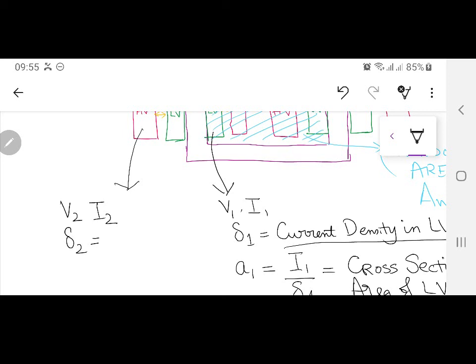We do not want more heat-up inside one winding and less heat-up in the other winding. But the reason is, since the low voltage winding is inside, it can have a little bit lower current density. But the winding which is outside can be cooled down much more effectively. So a little bit higher value can be used. But effectively, normally we keep it the same for small transformers overall. So this is the current density